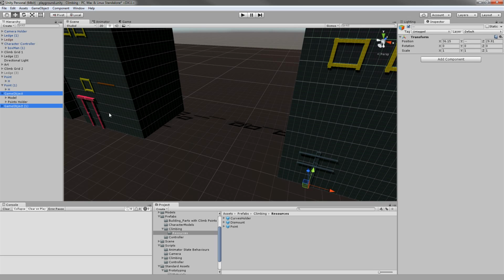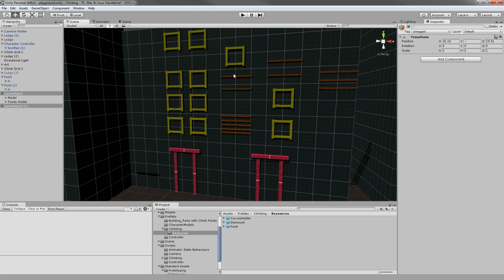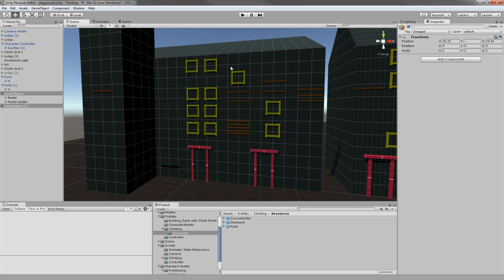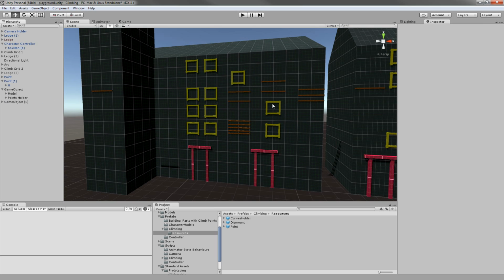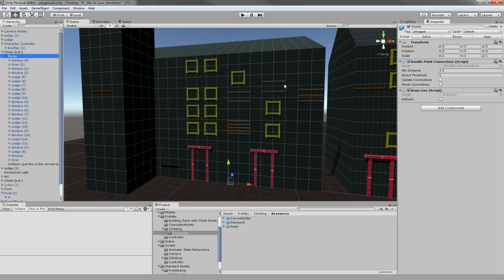And the other important thing that you have to keep in mind is that all these climb points that are usually close together are under the same game object, because we want to handle the connections automatically, so we do not have to go and make them by ourselves. Okay, you can see that I have all of them under the same game object, and when I select the parent game object, and this will probably